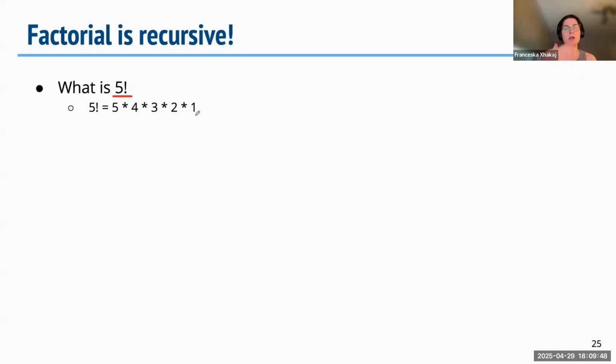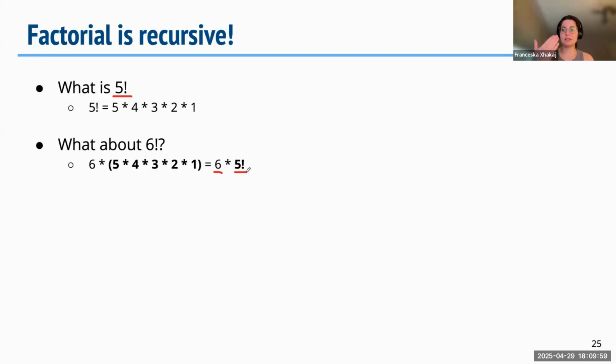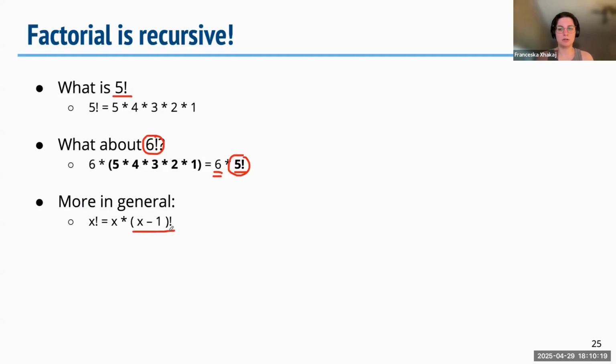If I wanted to figure out what 6 factorial is, obviously I can do 6 multiplied by 5, 4, 3, 2, 1, or I can do 6 multiplied by 5 factorial. So this is an example of recursion. If I'm trying to calculate 6 factorial, I ask a friend to calculate 5 factorial, they get me back the number, and I multiply it by 6, and I have the result. So factorial is recursive. More in general, we can say that x factorial is x multiplied by x minus 1 factorial. This is beautiful because based on this definition, now we can figure out what our